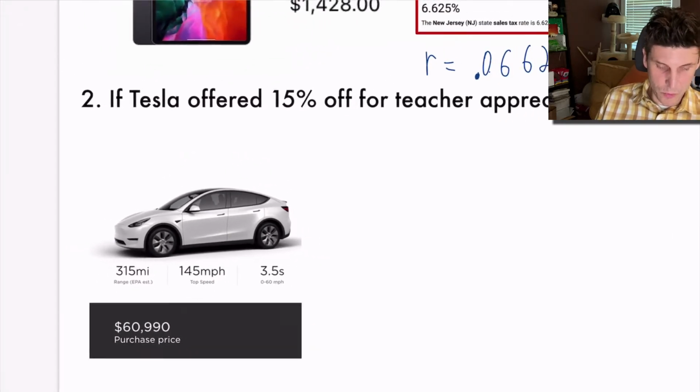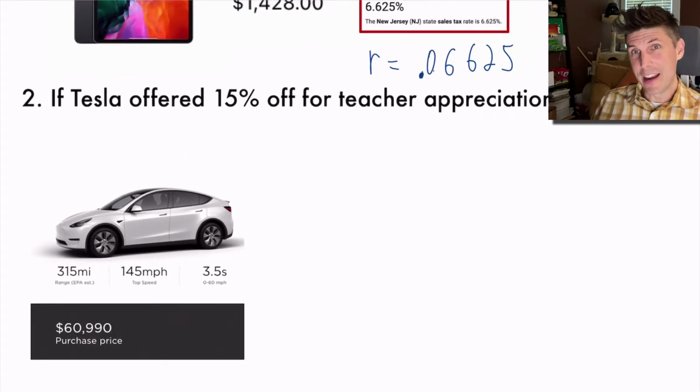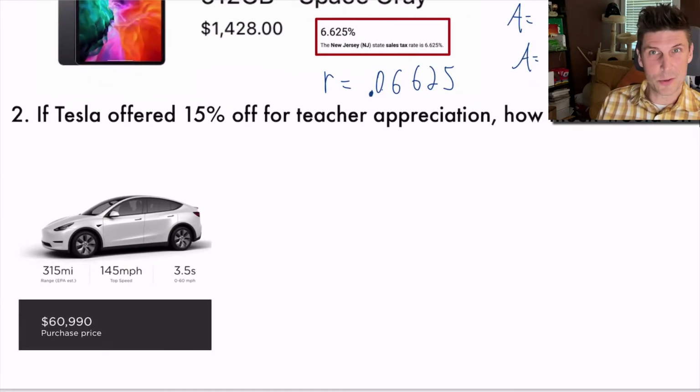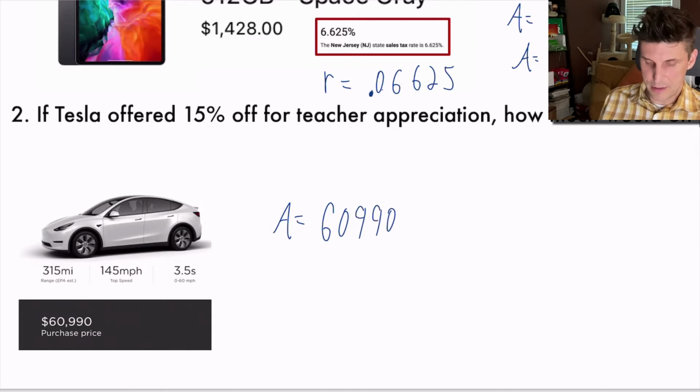So that's really, since it's a discount, since it's like a negative rate, you could think of that as we can do the same exact computation in a way. I would say, all right, well, how much am I going to have to pay when I'm done? I don't want to know how much I'm saving. I just want to know how much I'm going to pay. So I'd go amount equals 60,990, and then minus, and it's going to be 0.15, right? That's the decimal equivalent of that percentage, times, again,